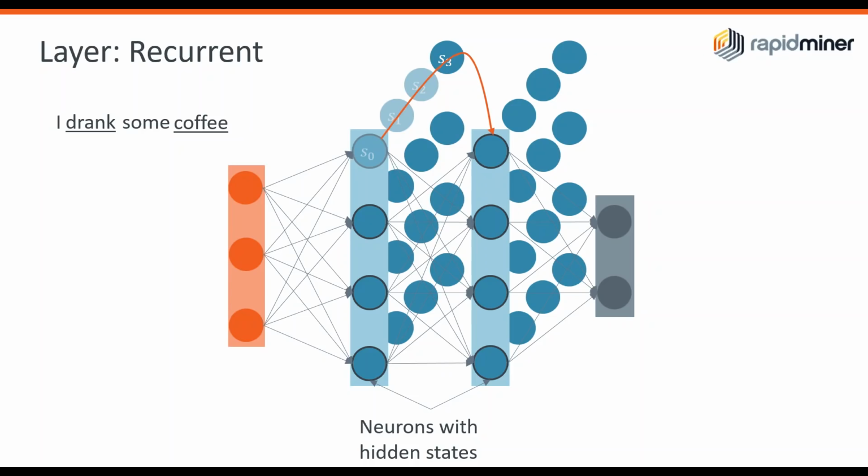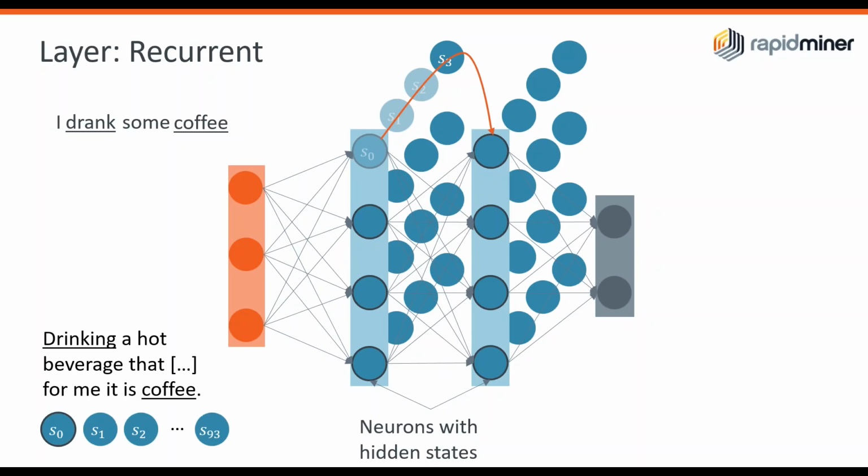And well, I said drank, and then coffee is just separated from the word drank with one word in between. So drank, which is in state 1, and coffee, which is in state 3, has only state 2 in between. But since you're doing some calculations from one state to another, you could say that the focus is lost. It's a bit abstract to say it like that, but yeah, I guess if we look at a longer text,